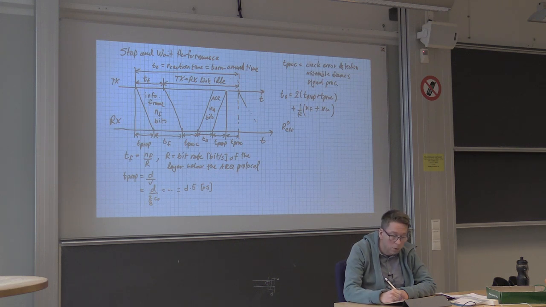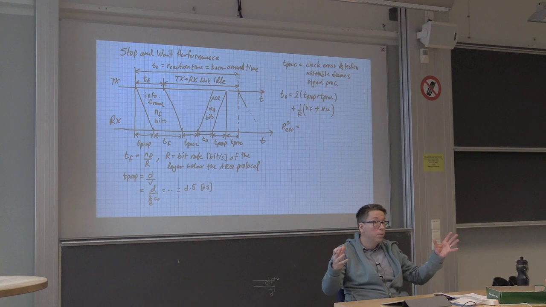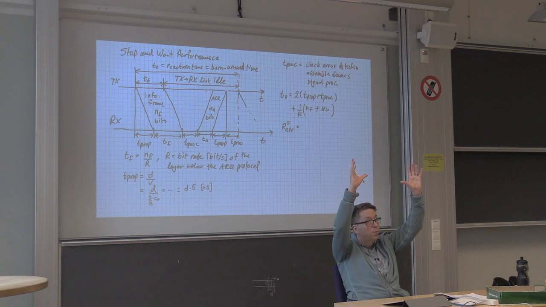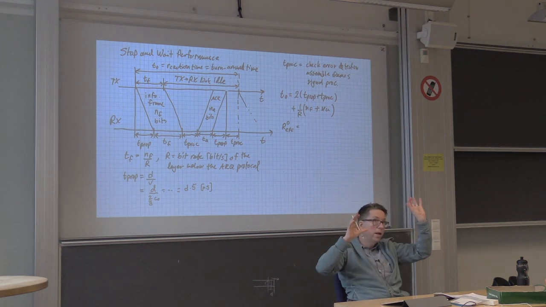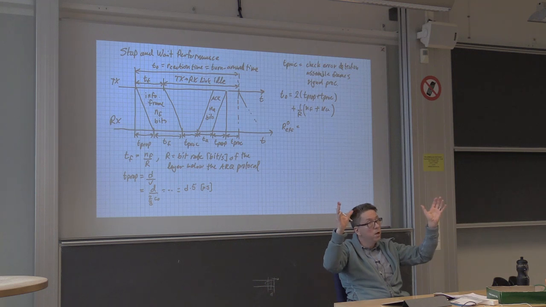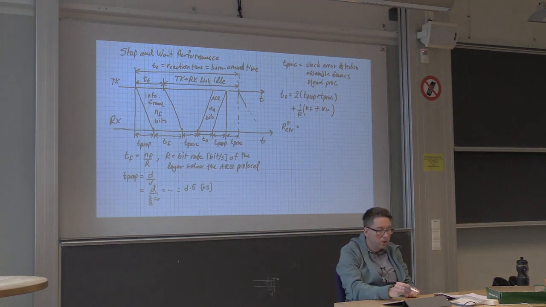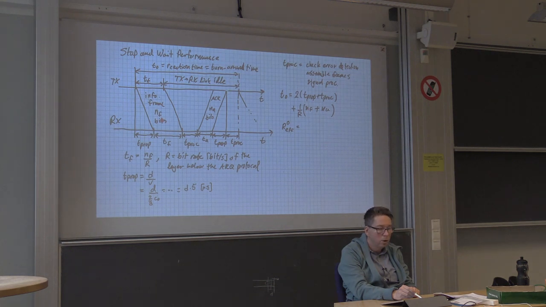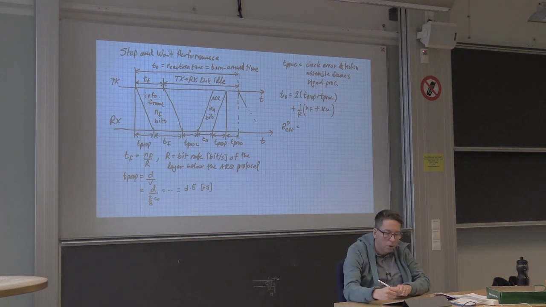Okay, so what is that? Well, it's the number of bits in the frame, but not the entire number of bits, only the bits that belong to the service data unit that I got from above. So I get a number of bits from above, and then I stack on the headers and maybe the CRC bits and so forth. And the frame that I push down has length NF. So NF here includes the service data units and headers. So there are some overhead bits in here, N0. So the number of useful bits.